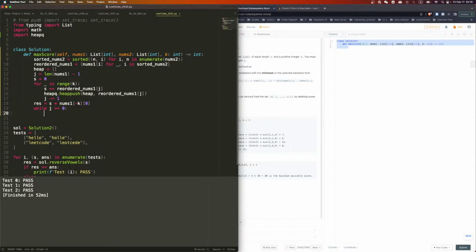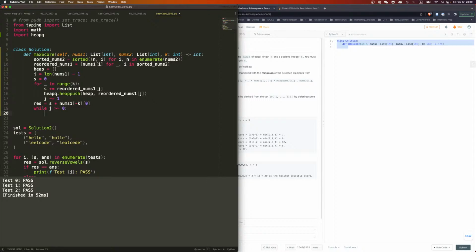Wait, we want to keep the sum big, so we shall keep it, right? So we shall take every single thing. We take this and see if it's gonna get bigger. If it does get bigger, we shall do it,